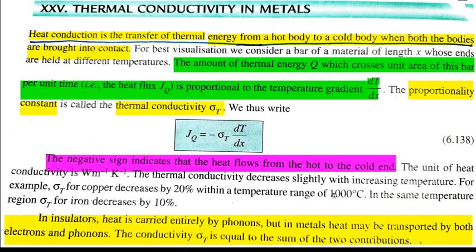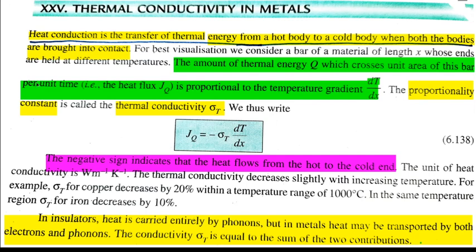The next topic is thermal conductivity. We know from a very fundamental level, from 11th and 12th grade understanding, that it is the conduction of heat, or the transfer of thermal energy from point A to point B. In general, it is observed that energy is transferred from a hot body to a cold body. So, let us say the amount of thermal energy Q which crosses a unit area of